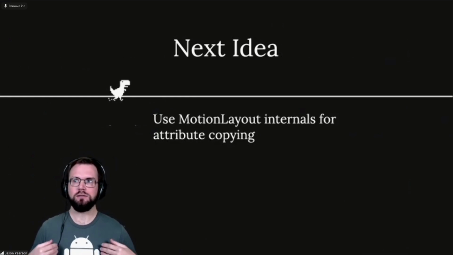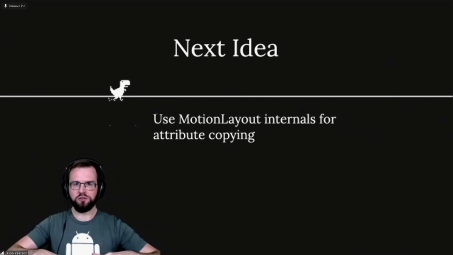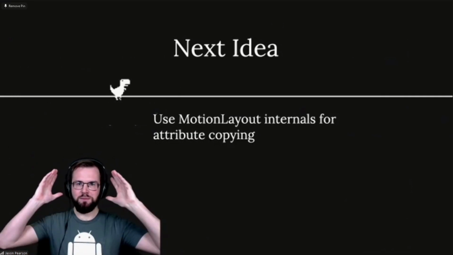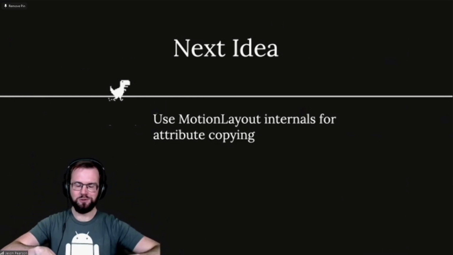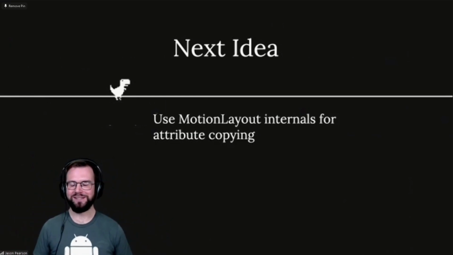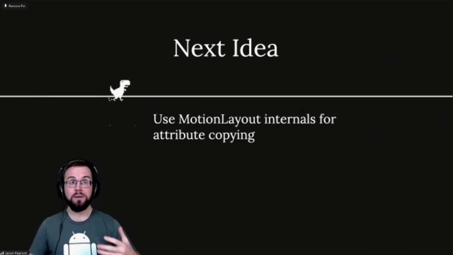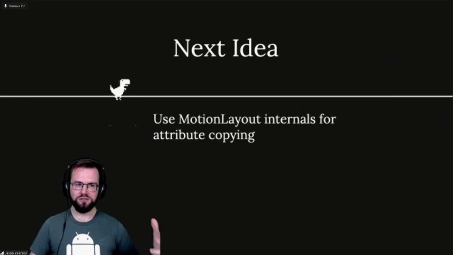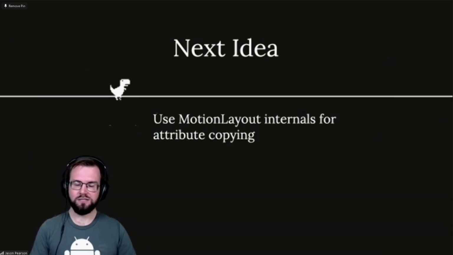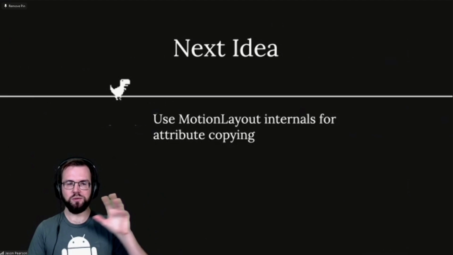It says, hey, all of my child views, this is my memory model, these are your attributes. Next frame, this is my memory model at this frame, these are your attributes. So I was thinking about that, and I was thinking about this problem, and it occurred to me that it might be possible to use MotionLayout's own internals for copying attributes in order to solve this issue. Because essentially all we're trying to do is copy everything from one view into another, and